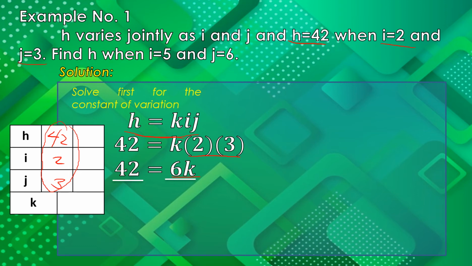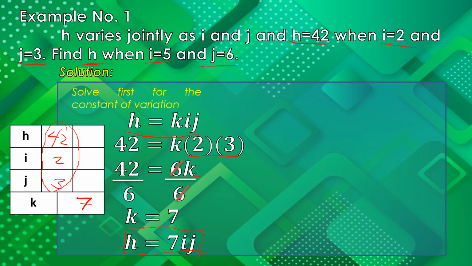Then, dividing both sides sa 6 to find the value of k, that is cancel. And then, 42 divided by 6, it will give us 7. Yun yung value ng ating constant of variation. Kapag meron tayong constant of variation, pwede natin lagay yung equation of variation. That is H equals 7ij. And this will be our equation for the next step to find the value of H when I is 5